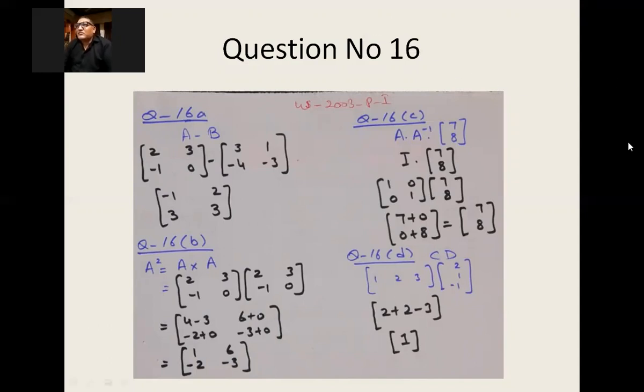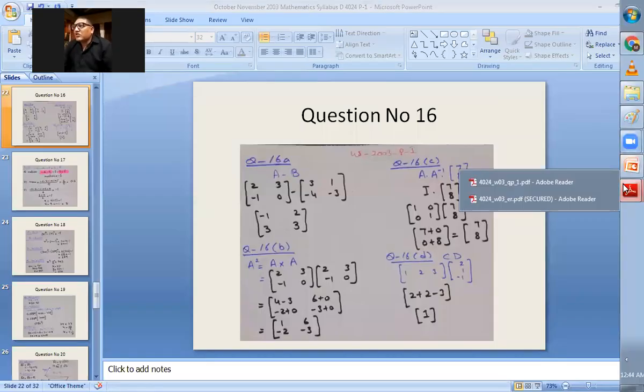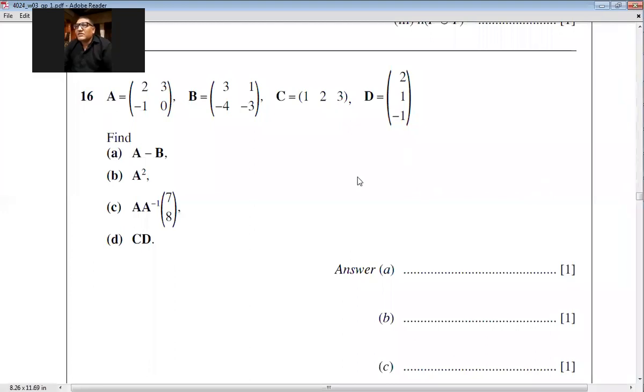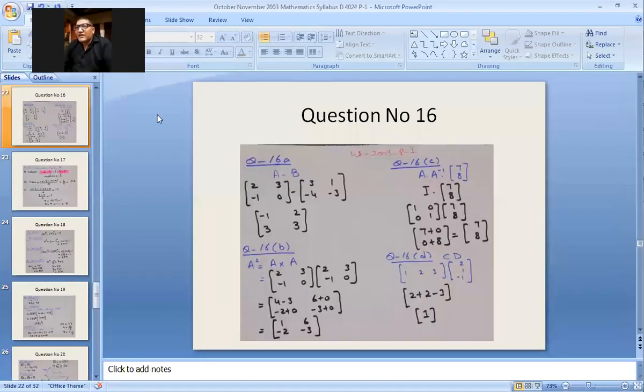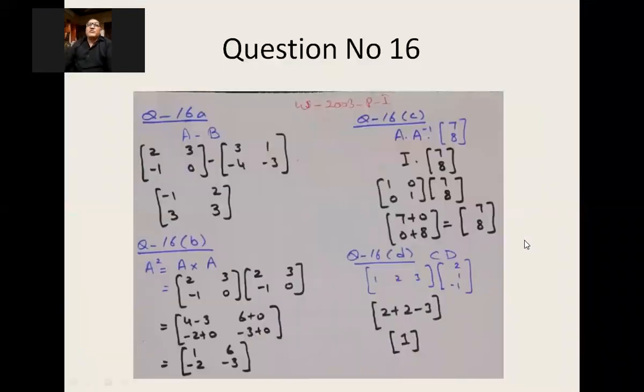In the next part, we have question number 16 and its C part. Let me show you the question first, and then we will continue. It says A multiplied with the A inverse, multiplied with another matrix, and we have to find this answer. And then you have to multiply C and D. So let's go to our paperwork and increase the size. You see A multiplied with A inverse, multiplied with another matrix. When you multiply A